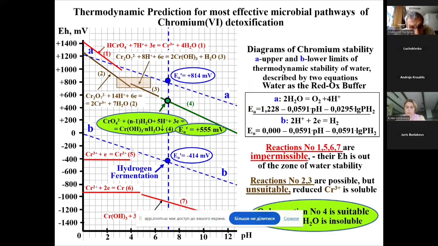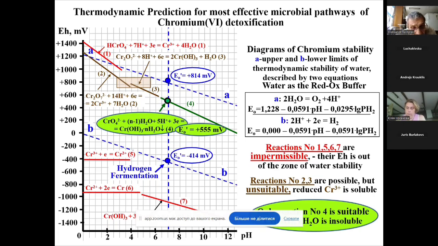Next step, we must evaluate the possible ways of optimization of chromate compounds detoxification. Among more than 100 possible reactions with different chromium compounds, we choose only one reaction. It is marked by green color and means irreversible reduction of chromium 6 compound, chromate, to insoluble chromium 3